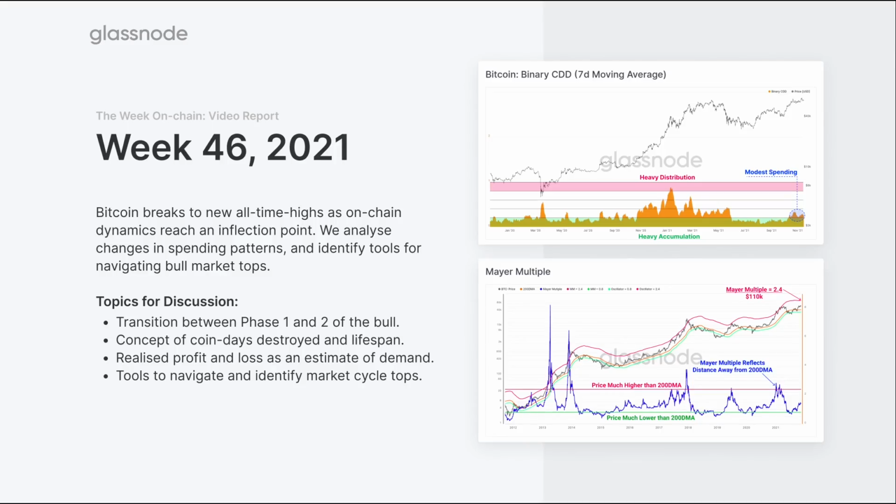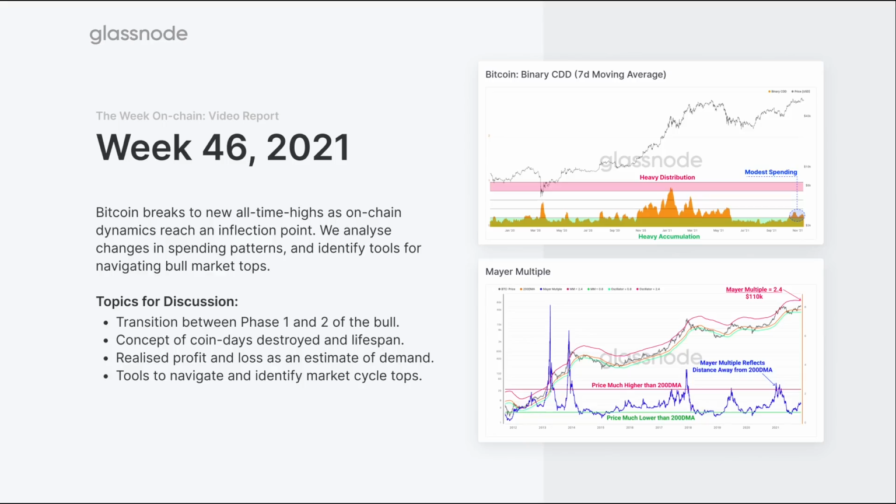And this is quite interesting because we've actually seen this play out twice now. We've seen it through the first part of 2020 and then into 2021, where the first half was very much that phase one into phase two transition. And when we had the correction through May, June, July, we've more or less restarted that cycle. We've seen this phase one of heavy accumulation through August and September, and now we're moving into this phase where we're getting more of that spending kicking in.